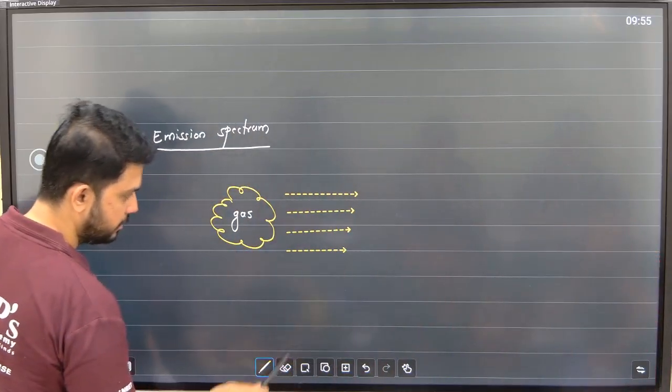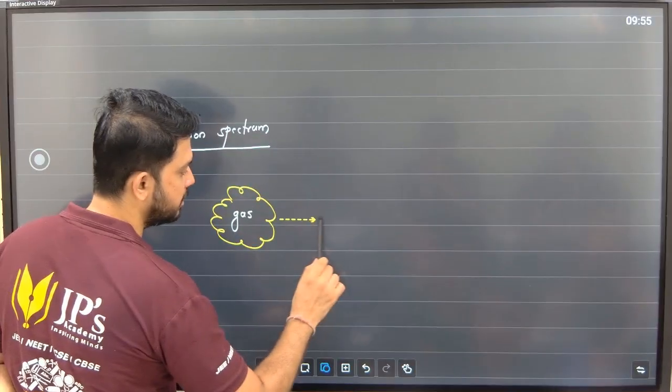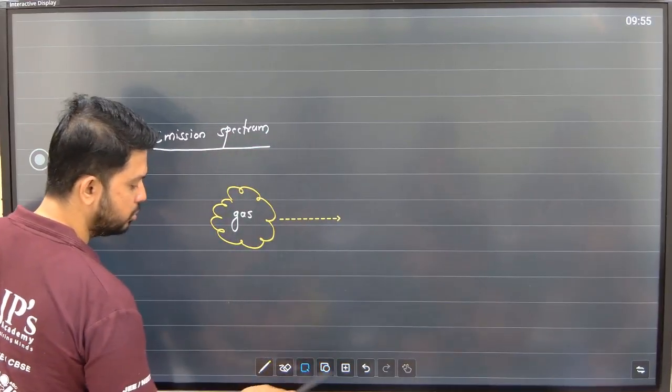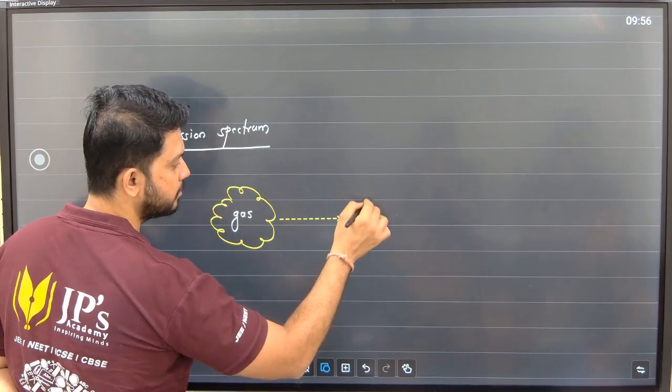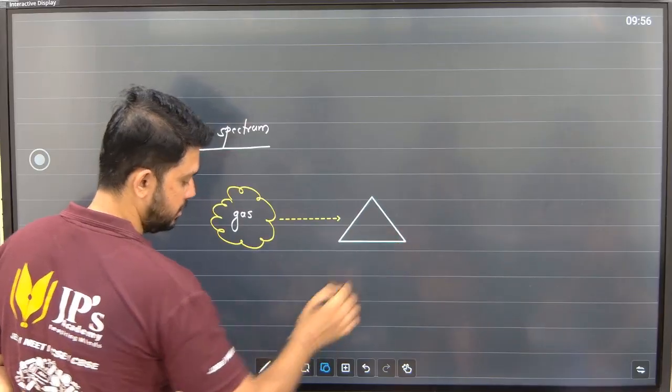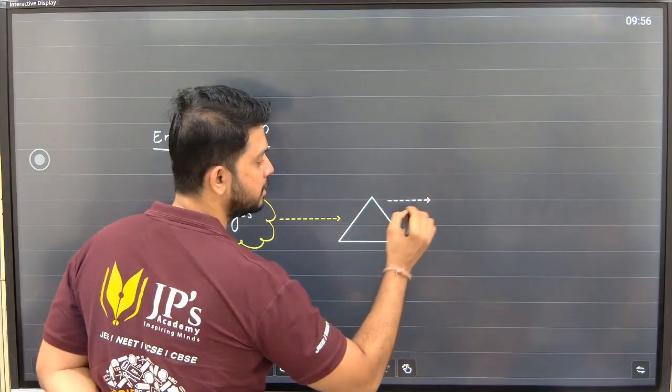So it will emit light, and the same thing, when this is made to pass through a prism, this gets divided into light of different wavelengths,